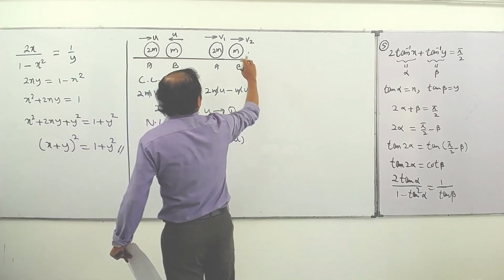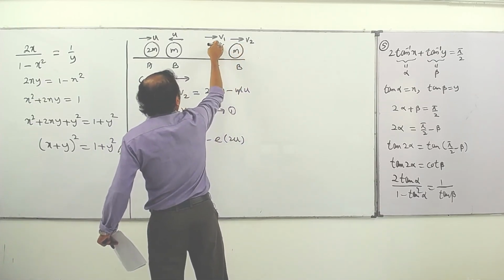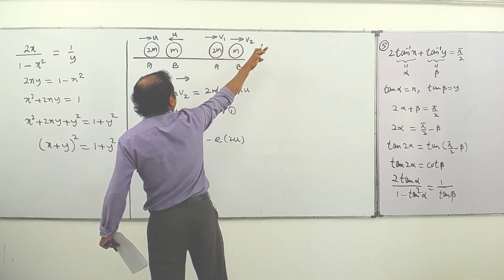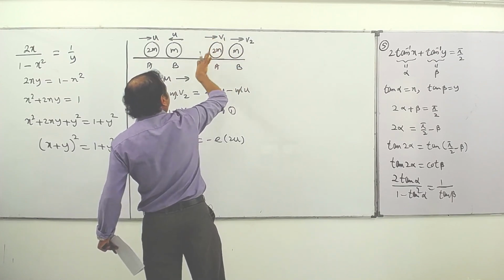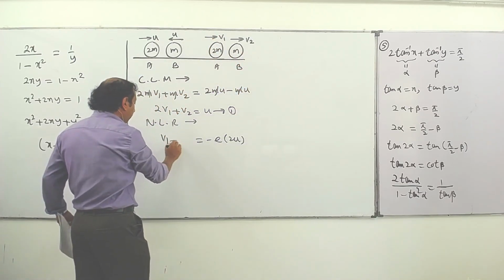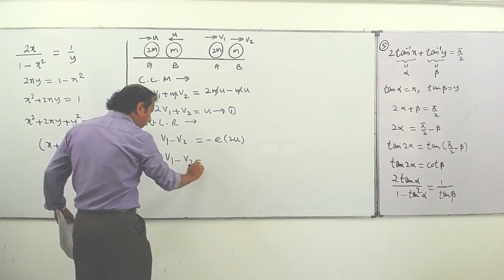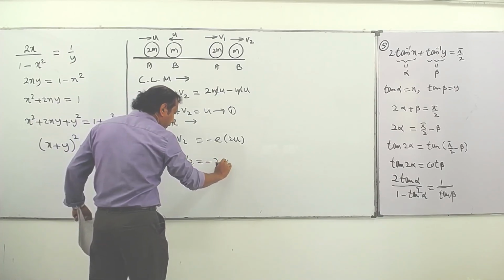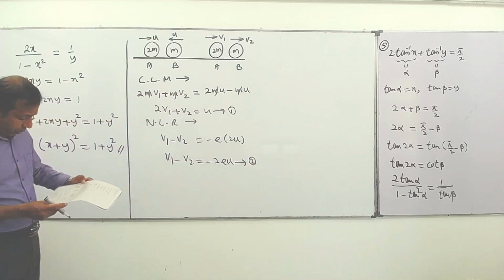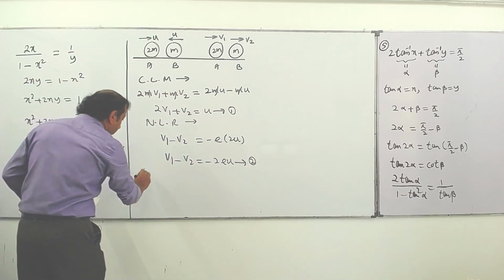After impact, I stop B, apply V2 on B to the left, and A also has V2 to the left. B will be at rest, A will have rightward V1 and leftward V2, so A will have rightward V1 minus V2 to a certain velocity. Then this is the left hand side, and that comes as minus 2eu, equation number 2. By solving equations 1 and 2, you can take 1 plus 2,